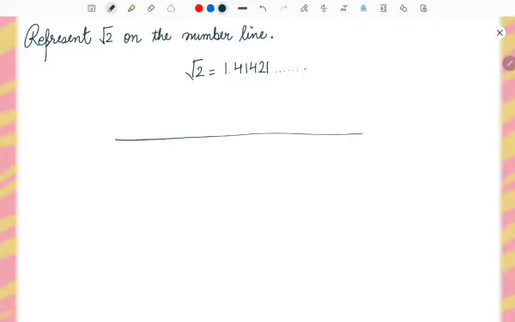We'll draw a number line starting from 0, of course. Then we'll be making a right angle triangle on this number line such that the hypotenuse of this triangle represents root 2. Now, as you know,